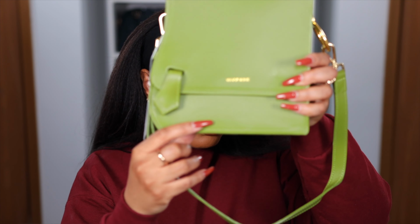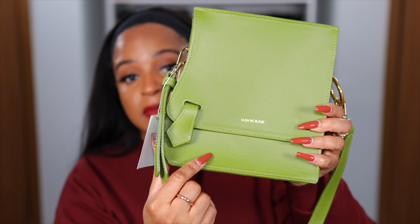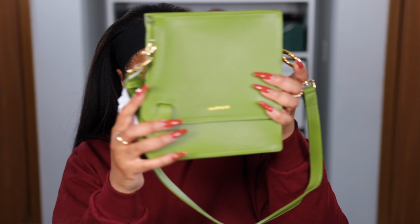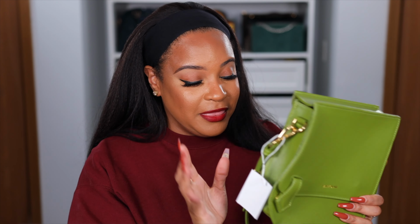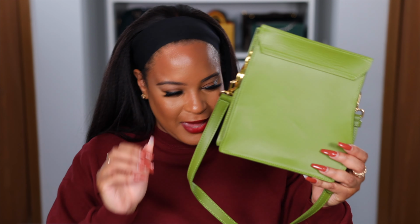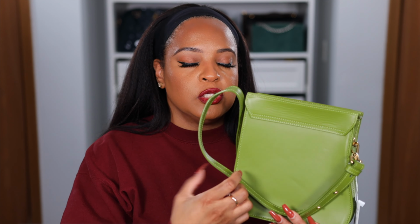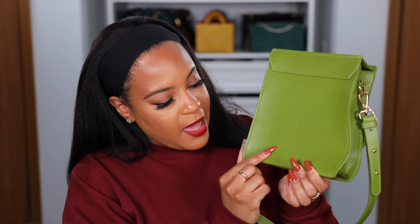Because as you can see, if we get all up in it, there is some leather wrinkling here, and on the sides, it's dented in on the side versus this side. But the number one thing is on the back. Disaster struck my bag, guys. I went to go pull out the bag, right? And I'm guessing that the strap was kind of stuck to the back of the bag. So when I went, I heard something, and I was like, what was that? And I turned it around, and sure enough, some of the glazing, I guess, got stuck on the bag. So now I have a mark right here. It's shaped like a C, so technically I should use it because, you know, it's chi-chi, see? We're good. But I just didn't want to have a bag that almost feels used,